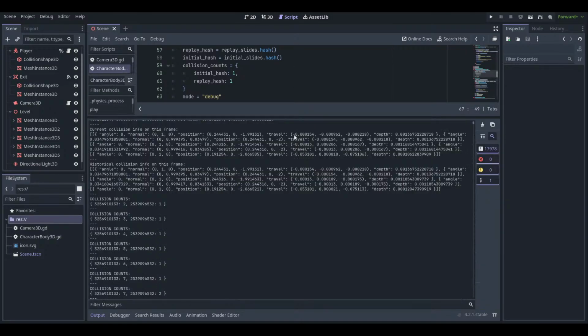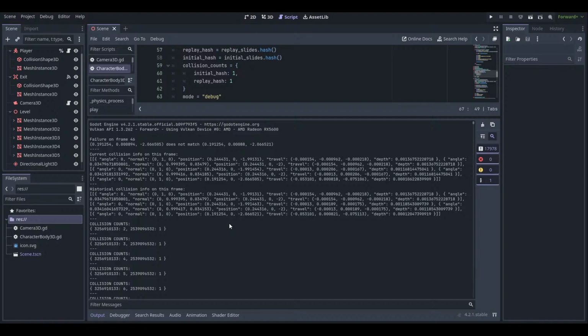So here's the failure on frame 46. The position data does not match. Is there any more data I could get about the